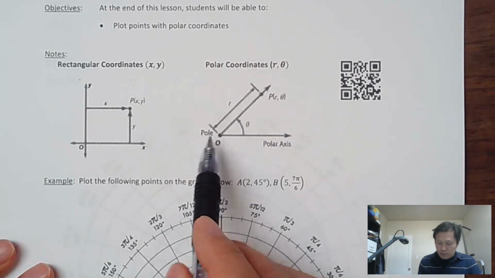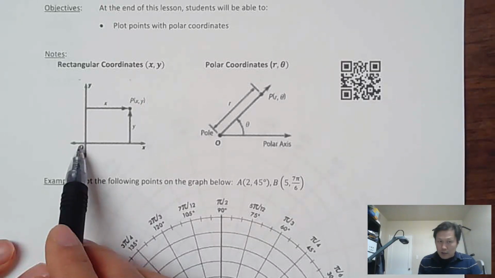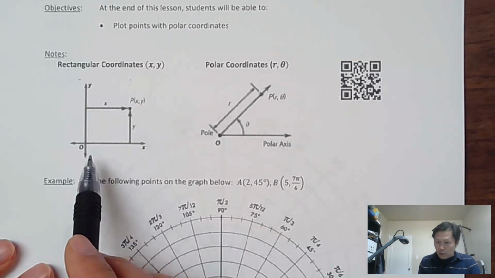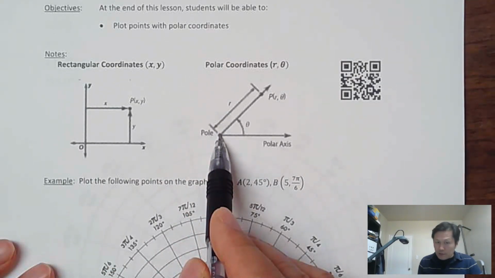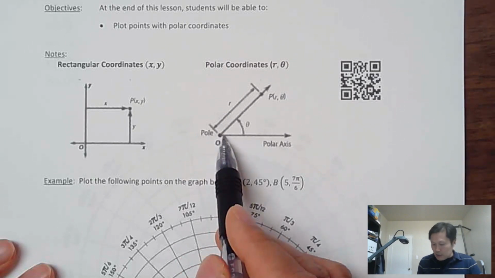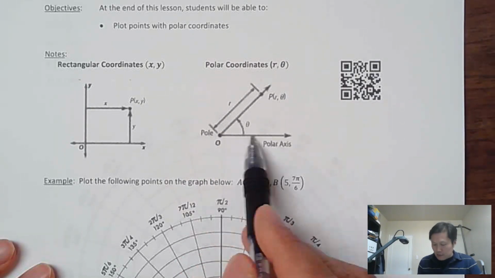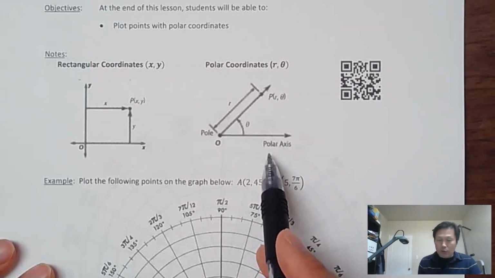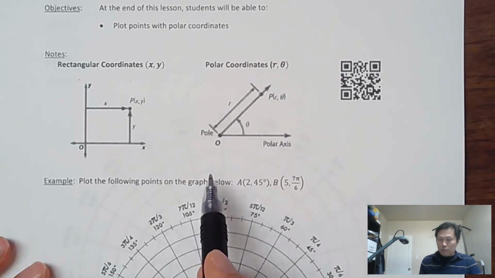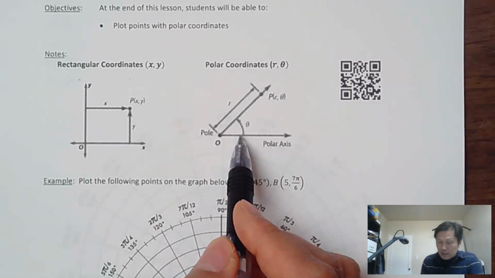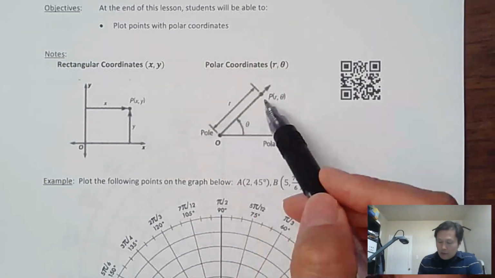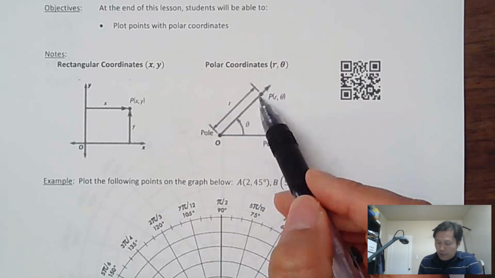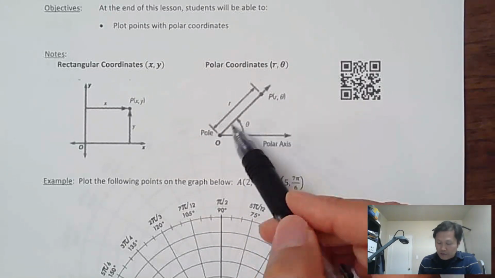There's a point we call the origin in rectangular coordinates. We call that a pole in polar coordinates. That point is the pole, and this ray we call the polar axis. You measure the angle from the polar axis counterclockwise, so it gives you the angle from the polar axis and how far the point is from the pole. The distance from the pole